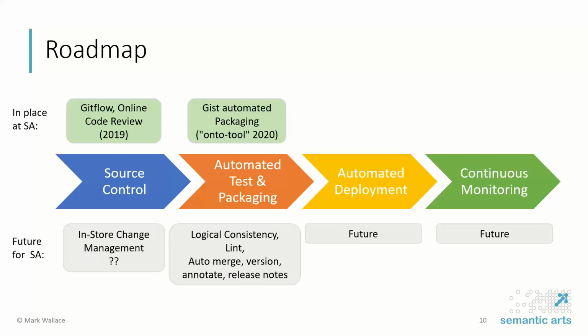Though I will say at one client I'm working at, we are just in the process of automated publishing of ontologies. We got into that just in the last month or so. They're standardizing how that's done, and then essentially once we check something into the source control system, ready for release, the robots will take it from there and automatically publish